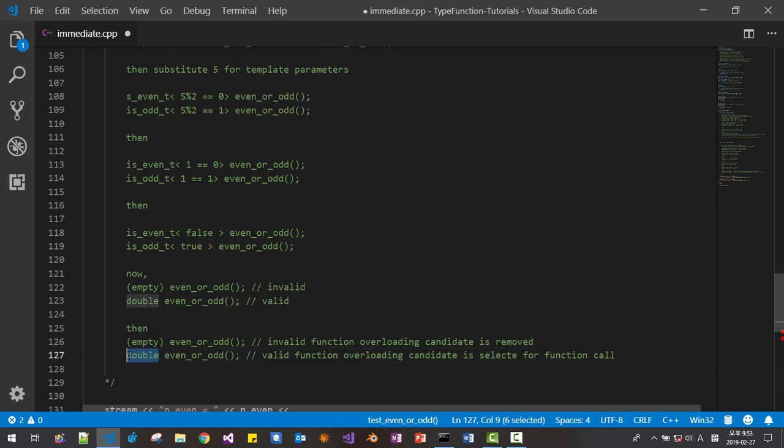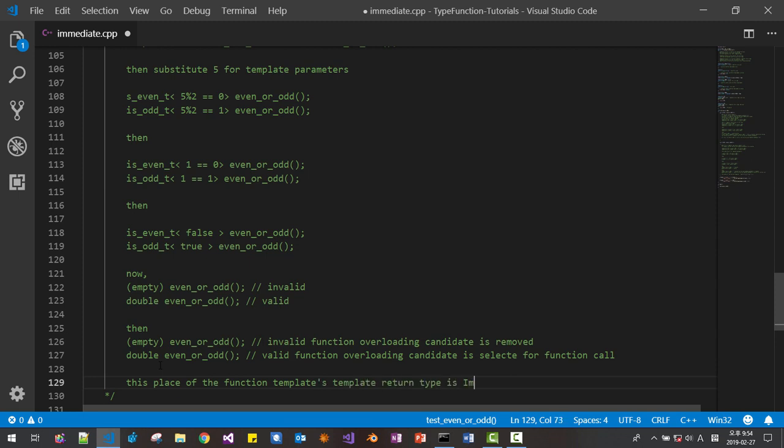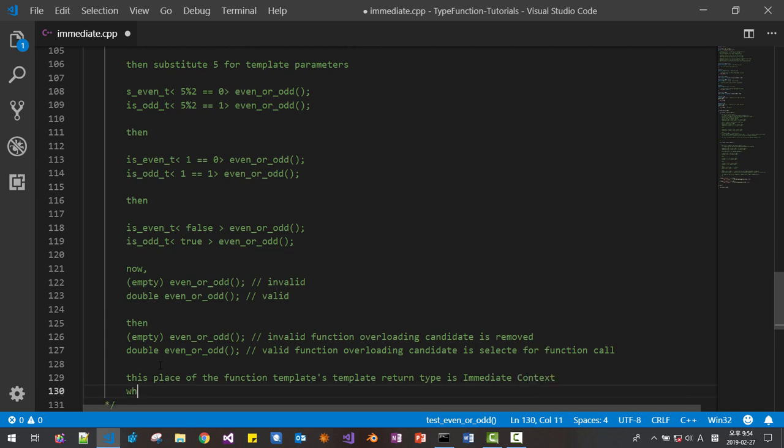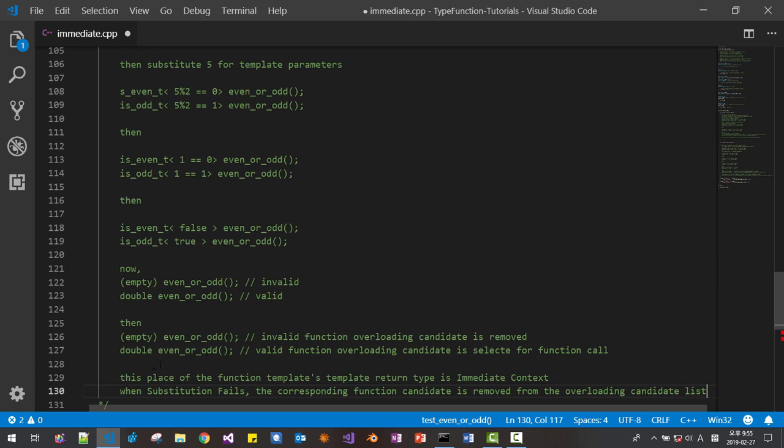This function return type is immediate context. This place of the function template return type is immediate context. When substitution fails, the corresponding function candidate is removed from the overloading candidate list.